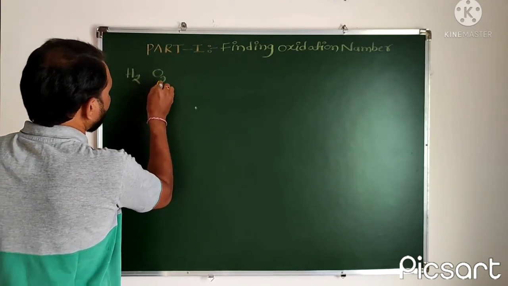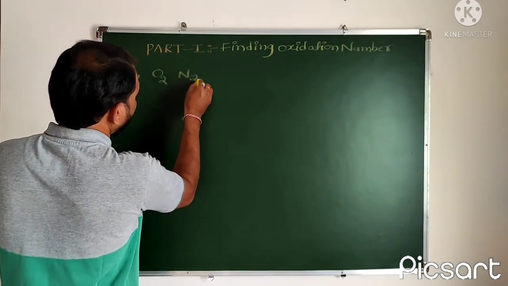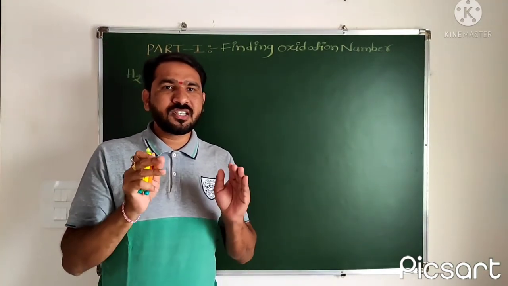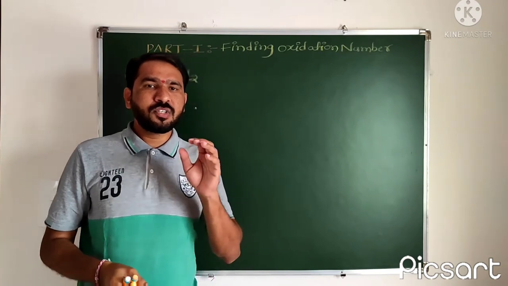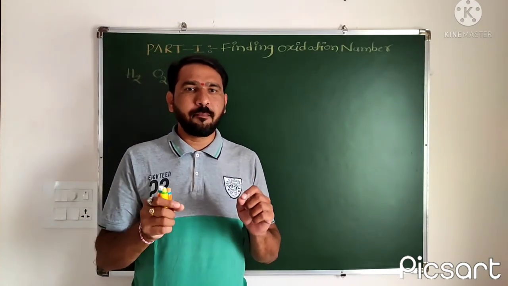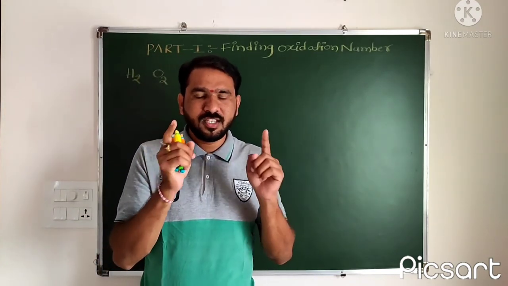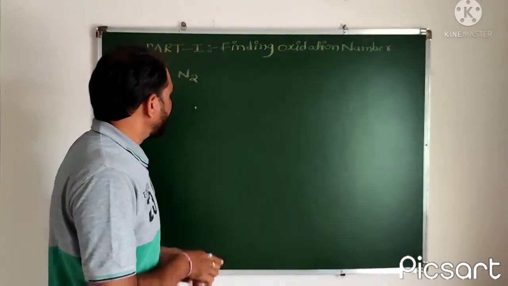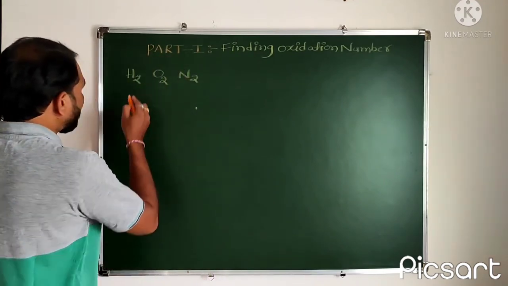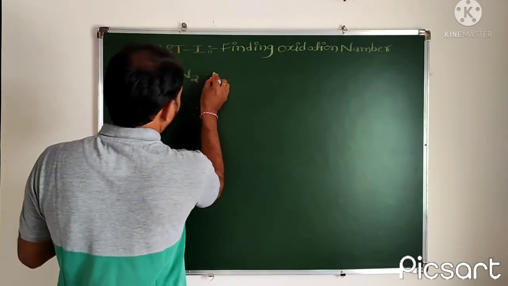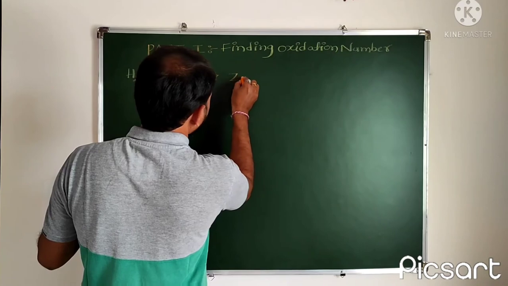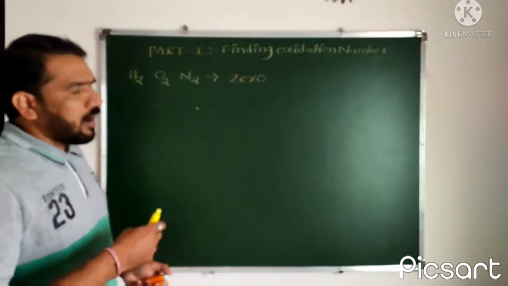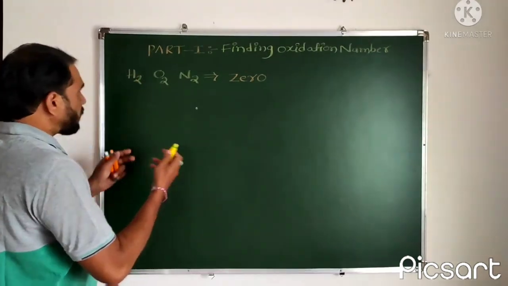H2, O2, N2, like that if you see, these are neutral molecules. For neutral molecules, the oxidation number will be 0. This is the very important first point of oxidation number finding. Right? So for them, the oxidation number will be 0. Is it clear? Then after that,